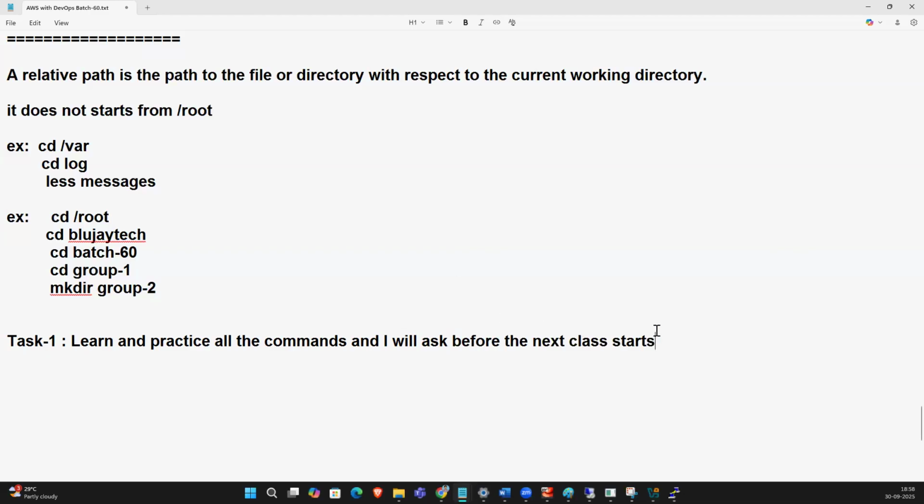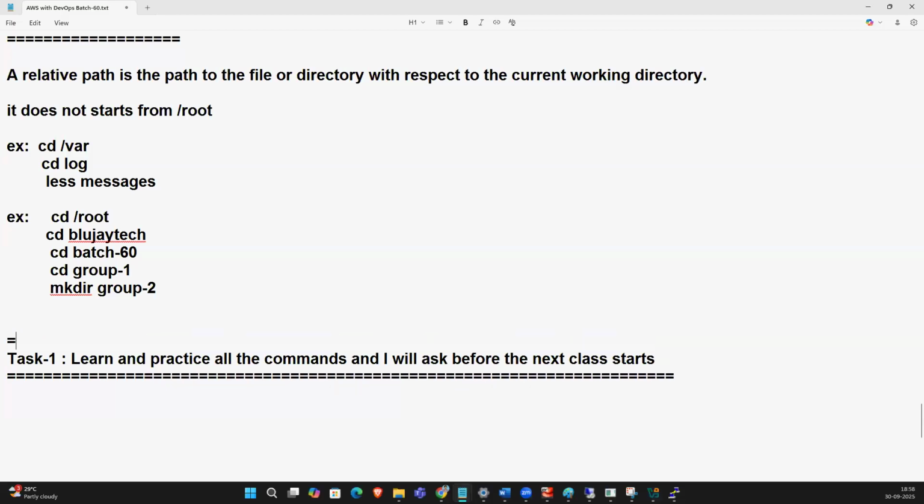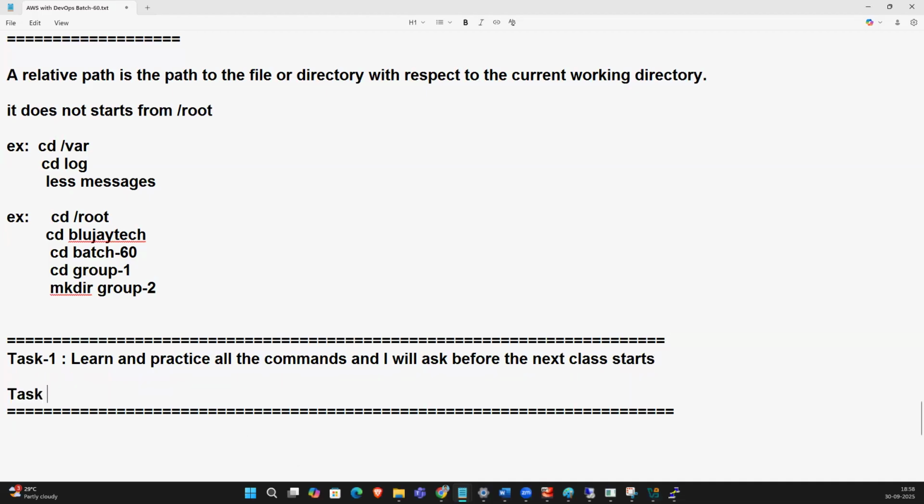The first task and assignment is that you practice these commands. Task two is